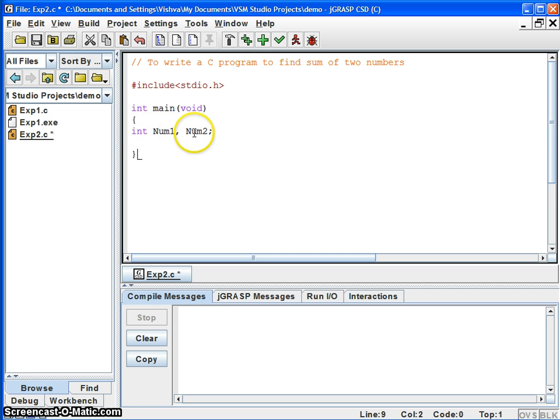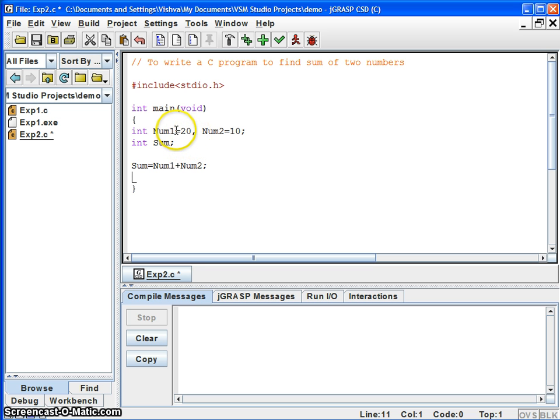Now I have only declared the variables. I have not stored any values in num1 and num2. Now let me assume num1 as 20 and num2 as 10. I am just writing a statement to store the sum, though it's not necessary to have a separate variable. I am declaring one more variable called sum. So I'm writing an equation here saying sum is nothing but num1 plus num2.